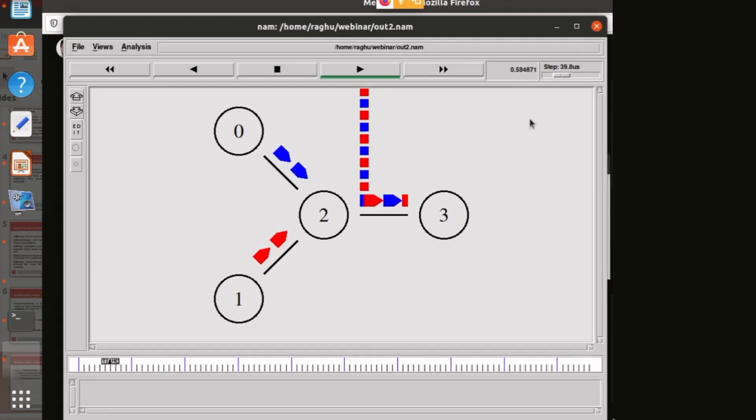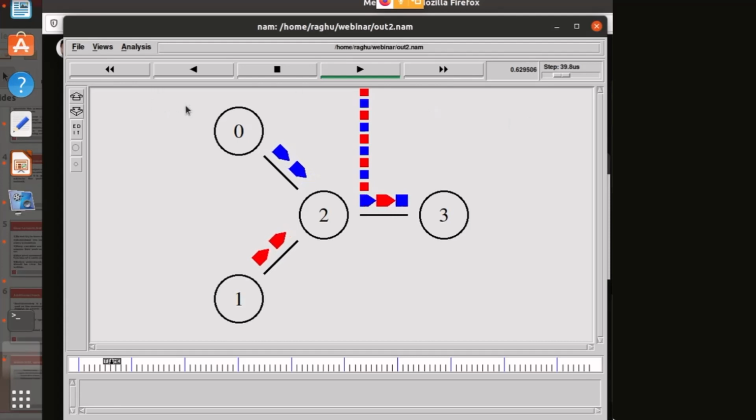You remember the program that I have just taught you. We assigned the packet generation rate as 5 millisecond.